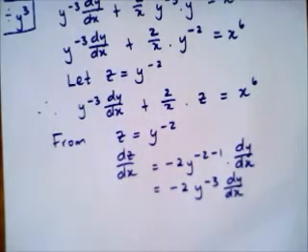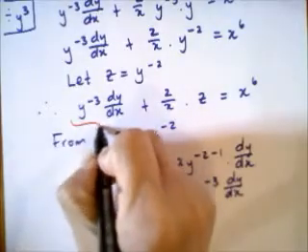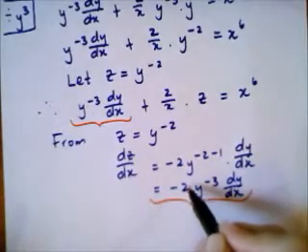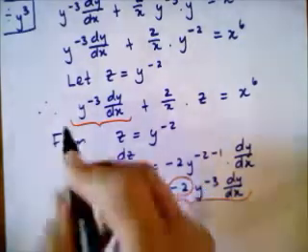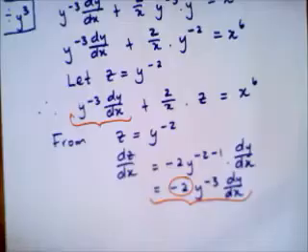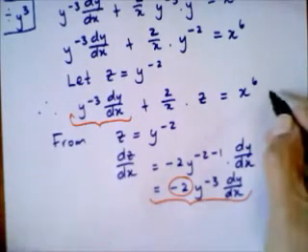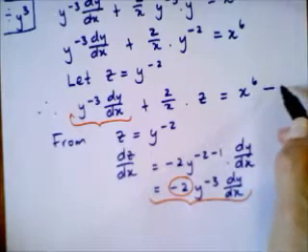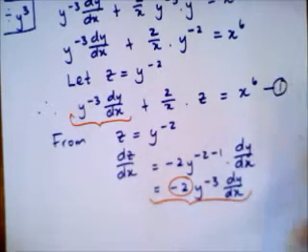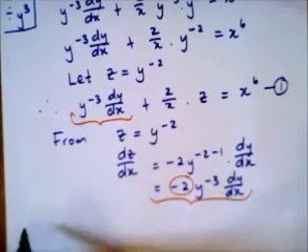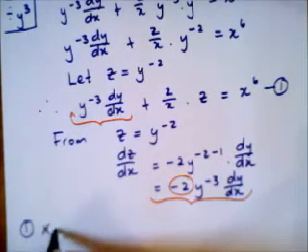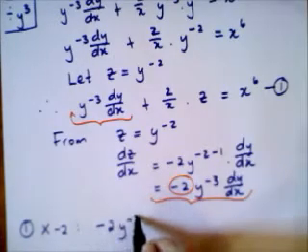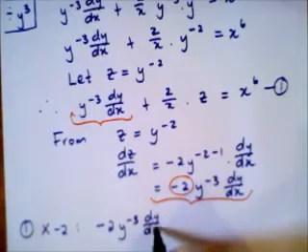Okay? And if we look at your first term here and the derivative dz/dx, the only difference is that you've got a minus 2 there, but you don't have a minus 2 there. But we can introduce it because it's a constant value. So if we call that 1, we can say 1 multiplied by minus 2 will be minus 2y to the minus 3 dy/dx,